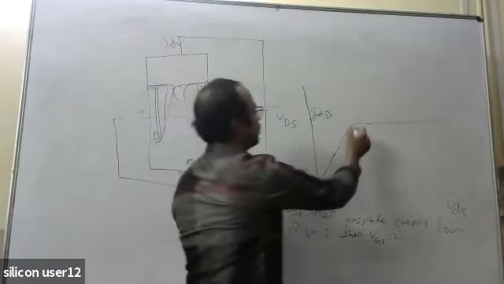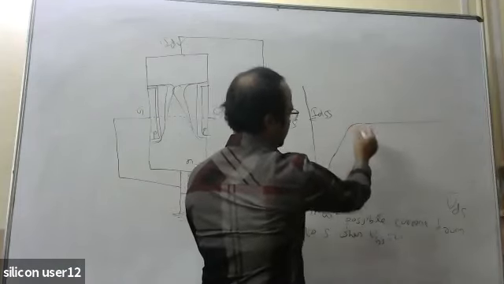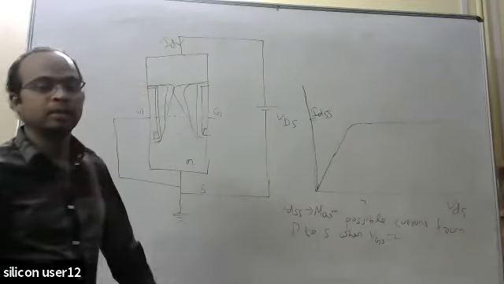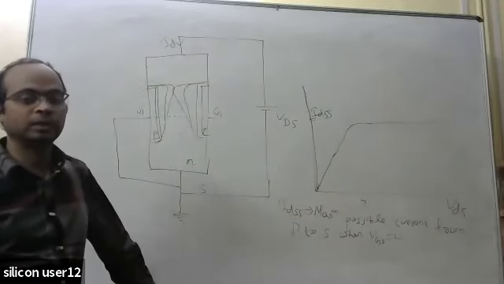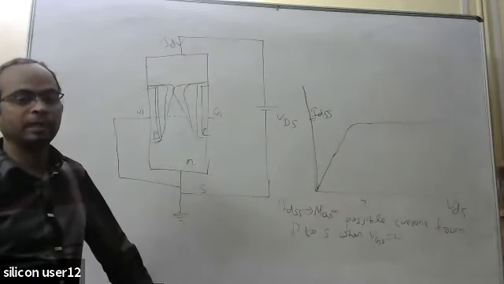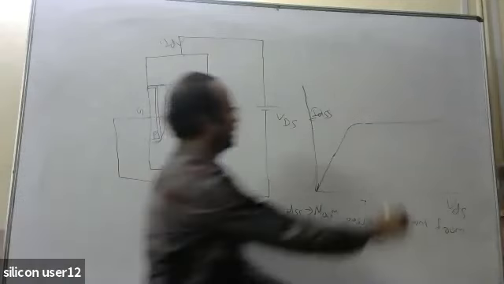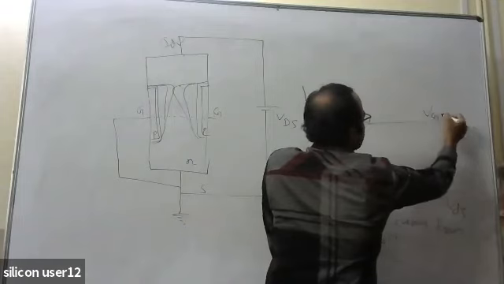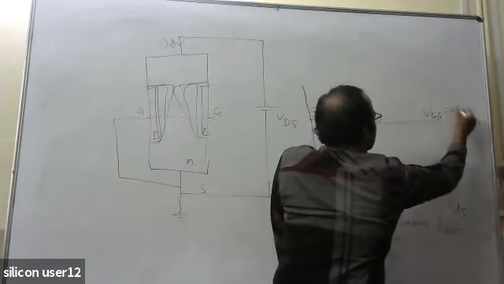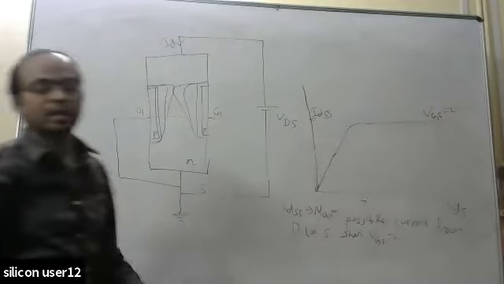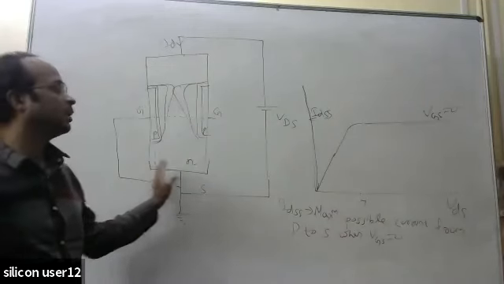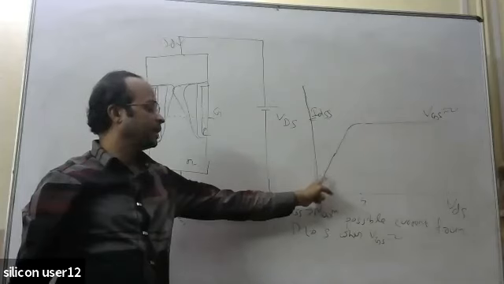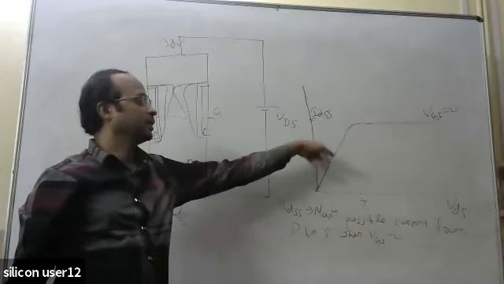And the voltage at this point, at which this phenomenon occurs, is called the pinch off voltage. This we have already discussed yesterday. Now we'll see further. This curve which we have obtained is for VGS equal to 0. So the first curve, keeping VGS at 0, I have obtained the curve between IDS and VDS, and this is that curve.